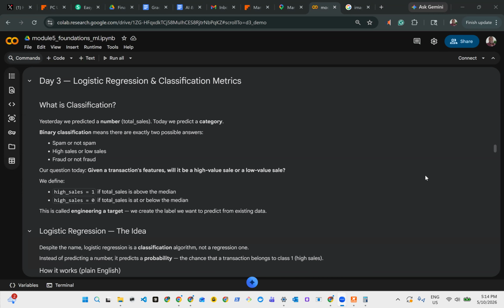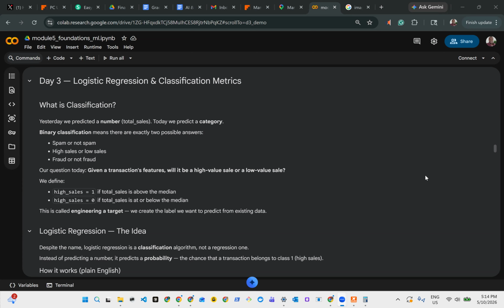As we are very much aware in our community, we have classes. We have high class, we have low class. Even the cars that we drive, we have high class, low class. So I'm very sure this is not going to be a problem to understand what classification is. So I don't have to dive deep into that.